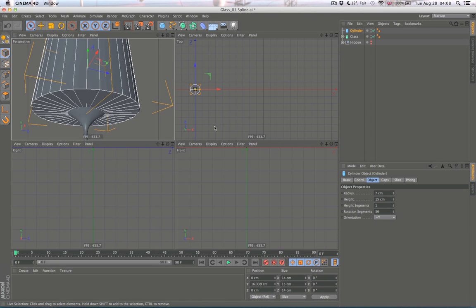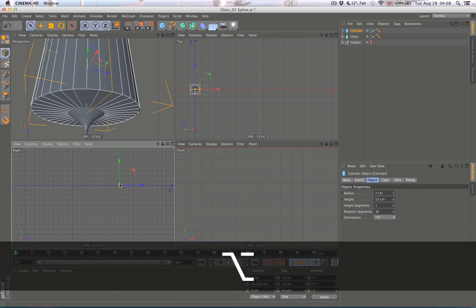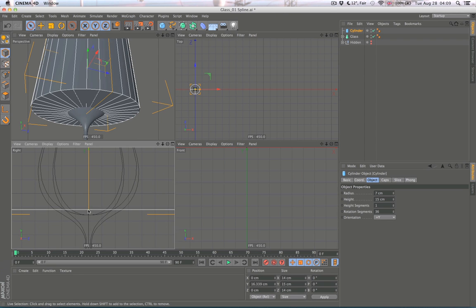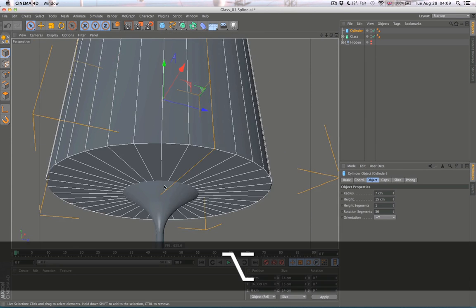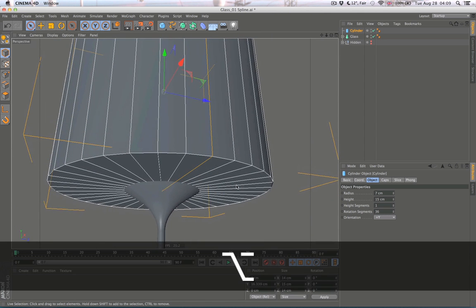Let's check if it's not too small, perhaps. Sorry, too low. Yeah, this center point needs to be above our bottom of the fillable part of glass. My English is terrible, sorry. Anyway,